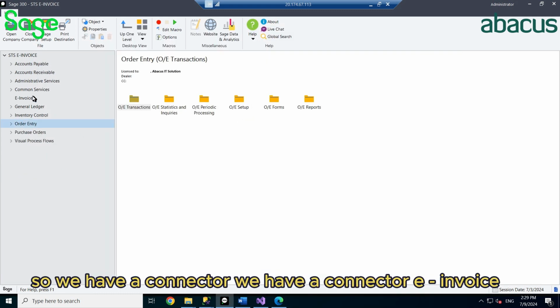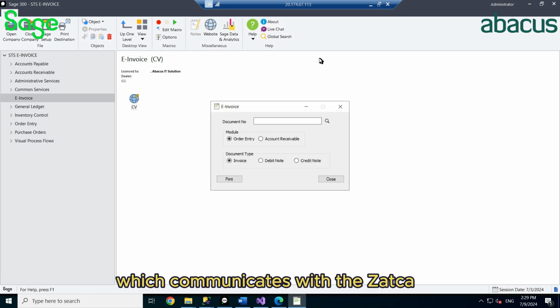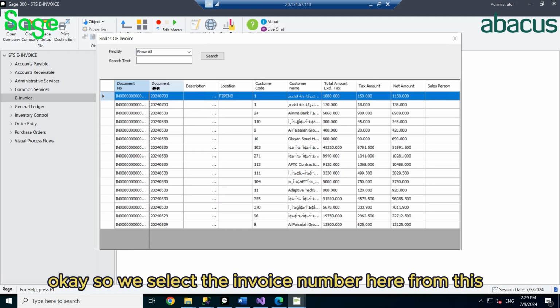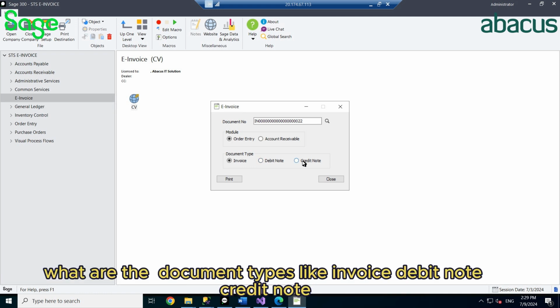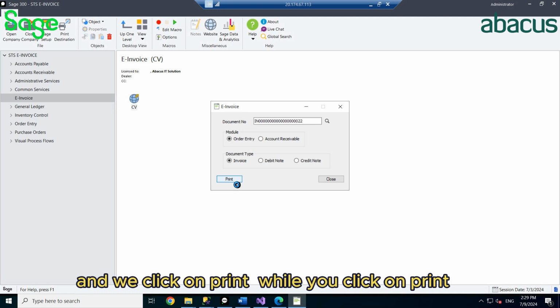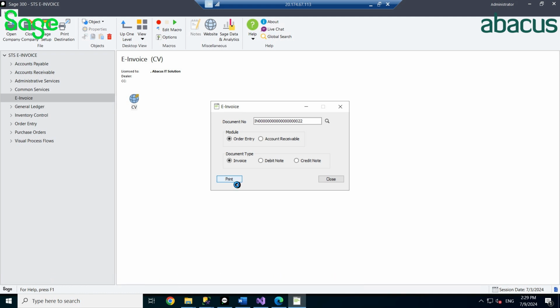So we have a connector e-invoice. We double click this. This is the component which communicates with Zatca. We select the invoice number here, say the invoice number is 2022. It depends on the document types, like invoice, debit note, credit note, and we click on print. While we click on print, the system will communicate to the configured APIs with the Zatca